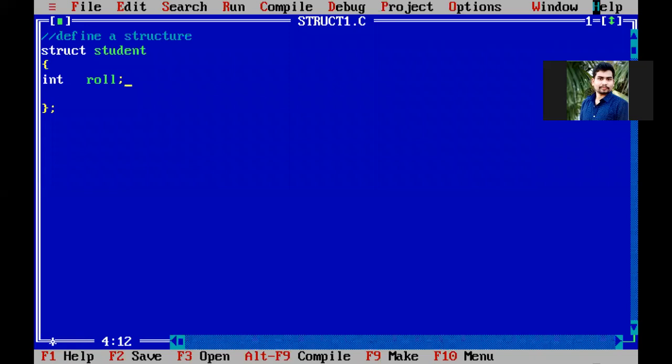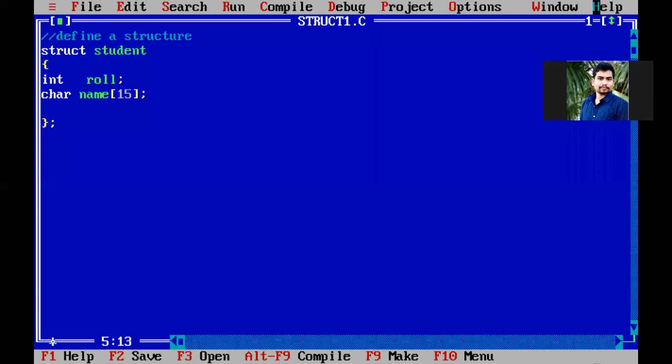Second one, student also contains a name. Name is what? Name is a character type. But what you created is only a single name. Whenever you create the memory for that name, only 1 byte is allocated. Into that 1 byte, only one single character can be stored. That one single character is not at all sufficient for storing a surname also. So with a single character, we cannot define any name. At least name should contain 15 characters, so that we can store surname, middle name, first name, last name, anything we can store into that 15.